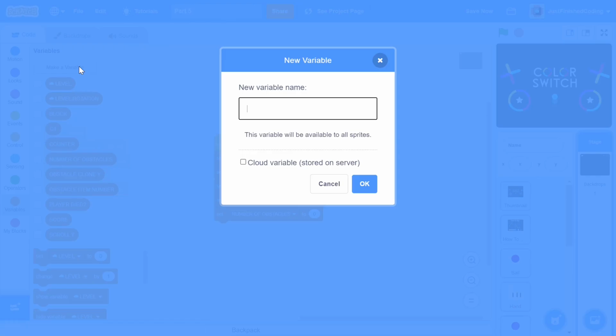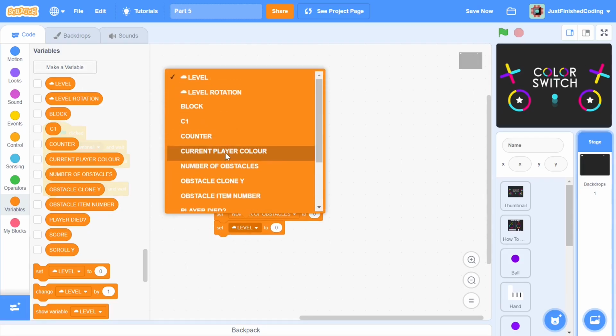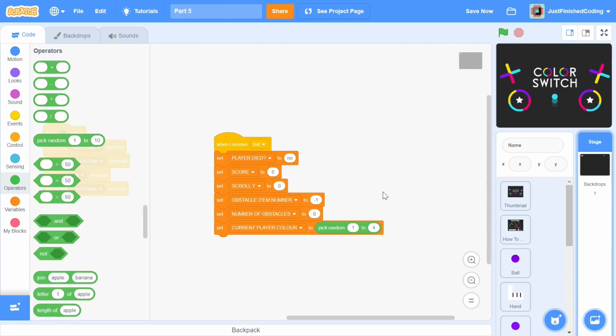And finally, you can create another variable called current player color and set this to a random from 1 to 4. What these variables do should be pretty self-explanatory by their names. The player died is going to be storing whether the player has already crashed into an obstacle or not. The score is, well, obviously going to be storing the score of the game. The number of obstacles is going to be storing the number of obstacle clones. And finally, the current player color is going to be storing which costume of the player is currently on. Given that we have 4 different costumes with 4 different colors, it is set to a random value from 1